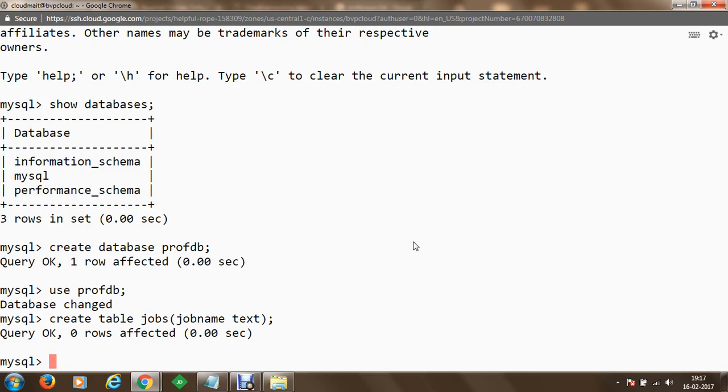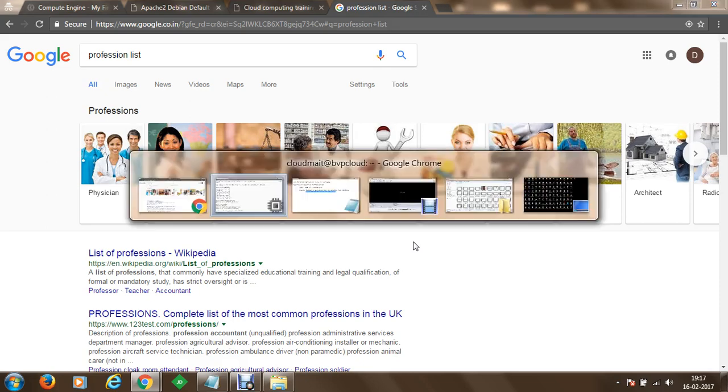Let's say we are going to insert into jobs, we are going to insert job name, and we are going to insert values, and within values we want to insert the value. The first will be laborer.